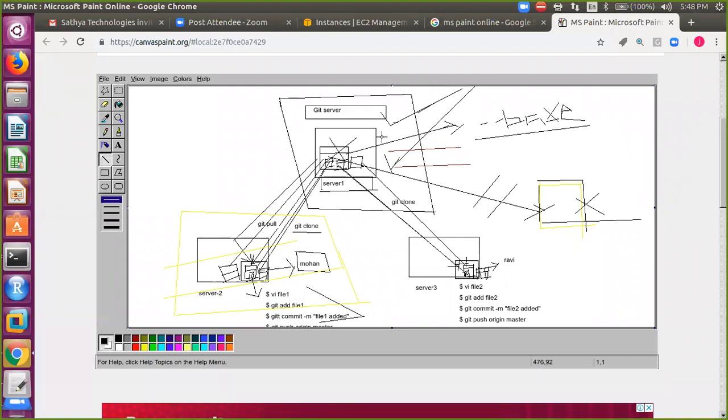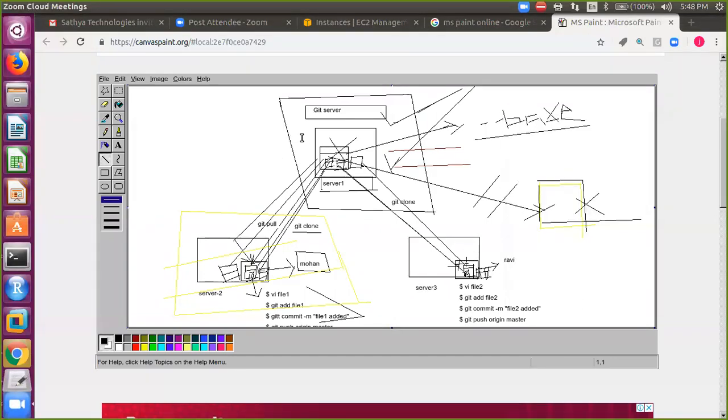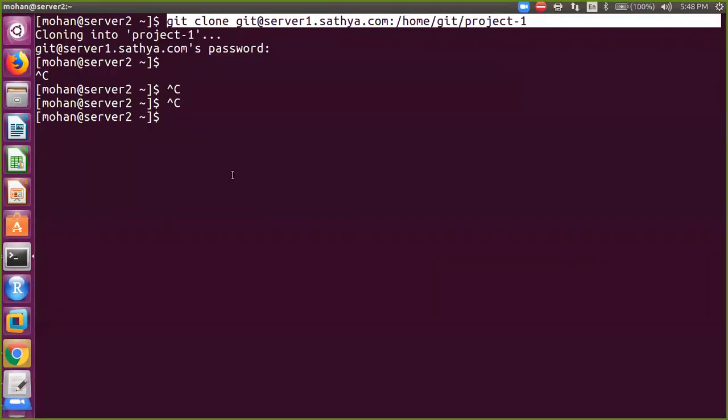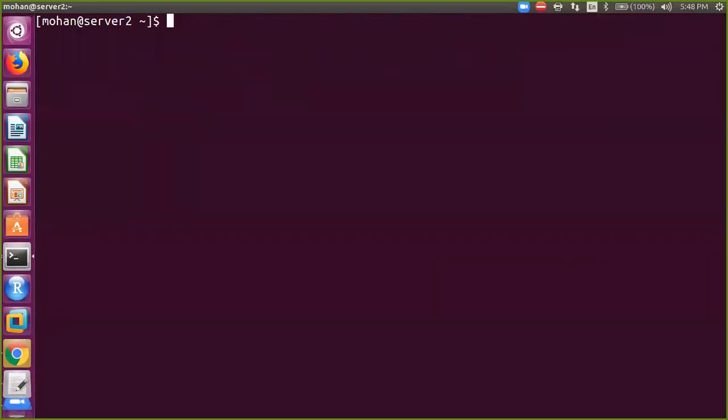So to allow trusted communication, observe, sir, I need to perform this command: ssh-keygen.